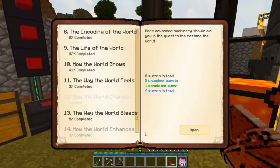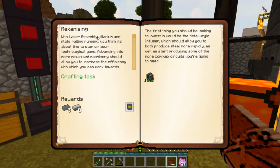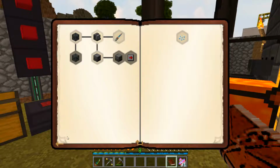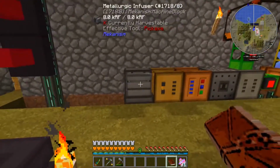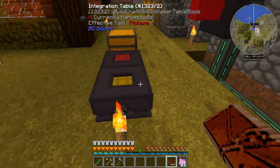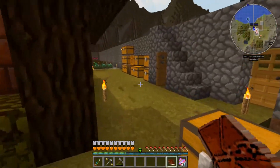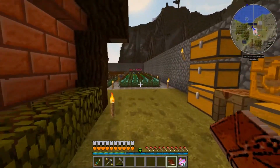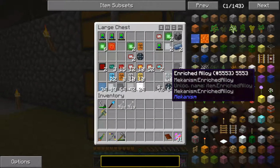How the World Enhances. Let's open that up. Now we created this thing, the metallurgic infuser, in the last episode, and with that you're able to infuse into special things such as... oh, hang on a moment, I got some of these over here. I made some up just so that we'd have things to work with, but in there we've created these enriched